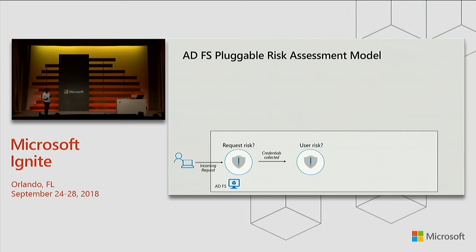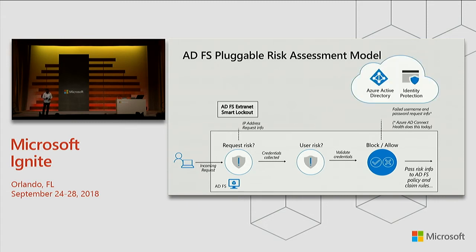The next step is that we've collected the credential about the user, which means we know that there is a user ID, we know that there is a potential secret involved. Before we truly validate all of those, do we want to do something? Here we have some additional information because we probably know the user ID. And finally, the last phase is really about, do I issue a token to you at the end of the day, based on this user and this session? So that is the next phase of how ADFS handles that.